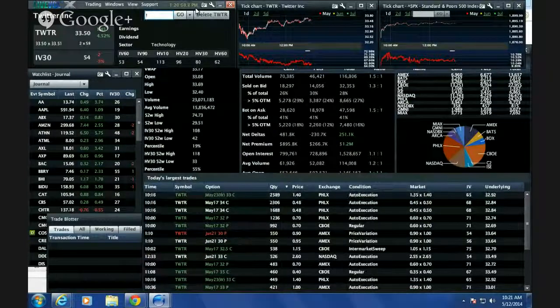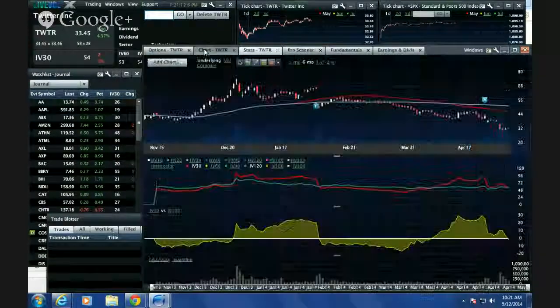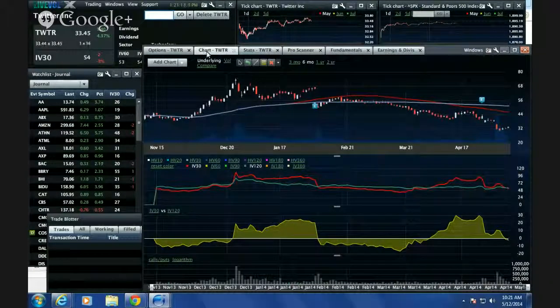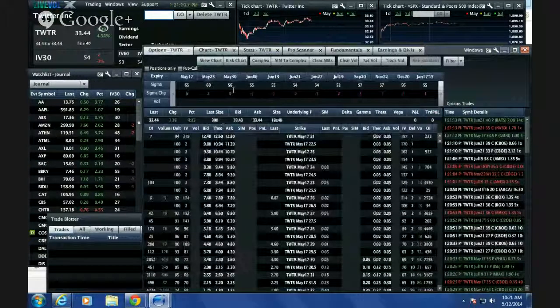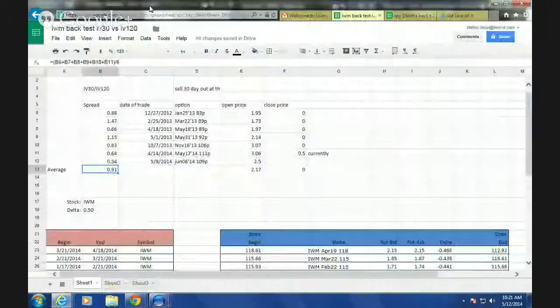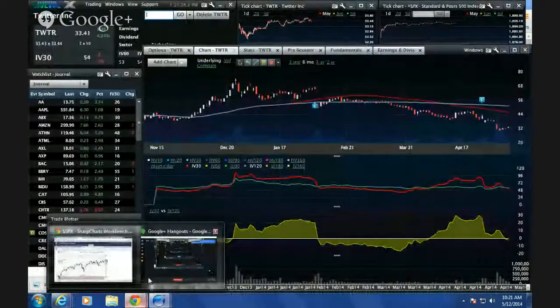Twitter too looks pretty bullish. Calls to puts, decent amount of calls. It's very similar to Facebook. I guess in Twitter and all these stocks, the question is, do you sell the rally, right? Because do you think the selling is overdone and it's over, or